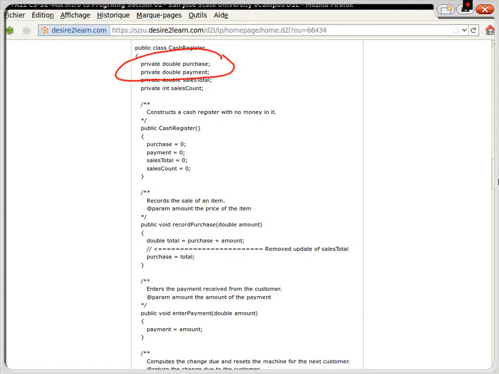Then in the homework, we added two fields to keep track of the total of all of the sales in a particular period and the total number of sales. And then I handed out a solution, and that solution, for whatever reason, had the record purchase update the sales total, and it said sales total